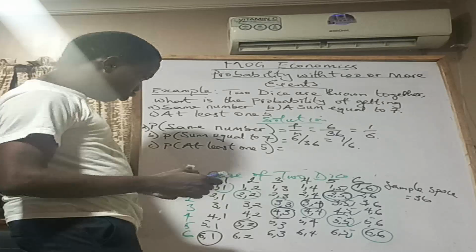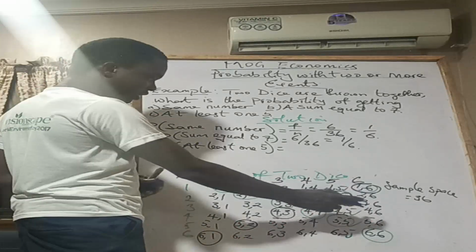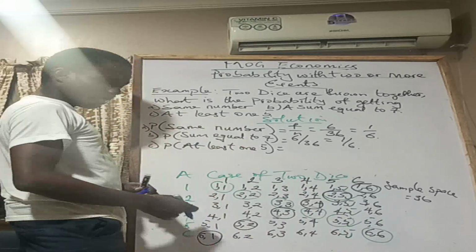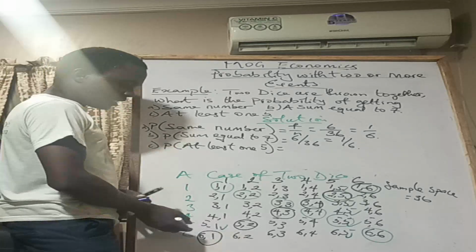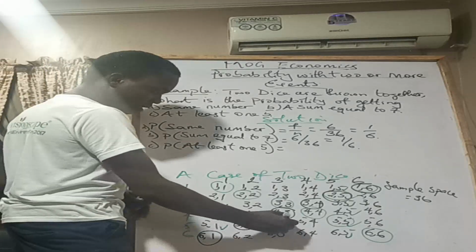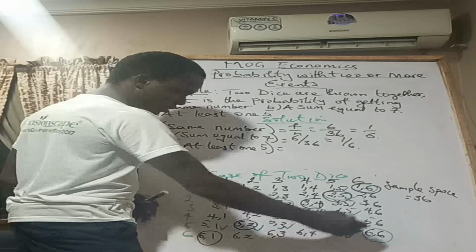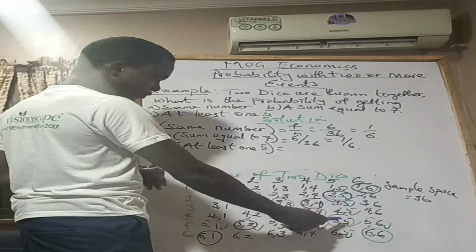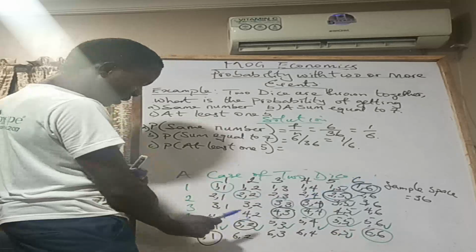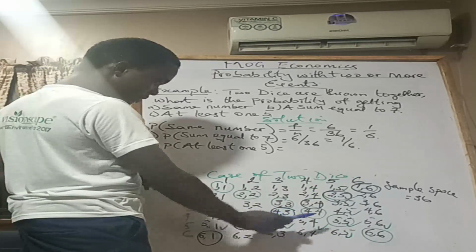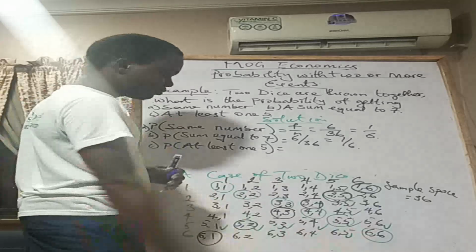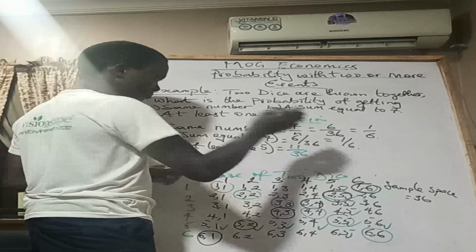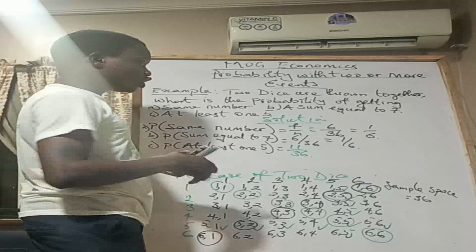Is that all? No, that's not all. 1, 5, 2, 5, 3, 5, 4, 5, 5, 5, 6, 5. And by the time you come here, you have 5 on here. This is at least one 5 again. There's 5 here, there's 5 here, there is 5 here, there is 5 here. Okay, I think we're done. 1, 2, 3, 4, 5, 6. Then we also have 7, 8, 9, 10. We counted this one before, so we now go to this one. 11. So we have 11 over 36. Basic. That's so smooth. Is it not smooth?